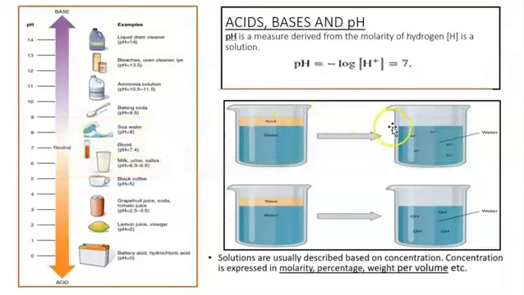So the number of hydrogens that is going to give you the pH is measured based on concentration. Now, how can this concentration be expressed? Well, it can be expressed in molarity, in percentage, weight per volume,